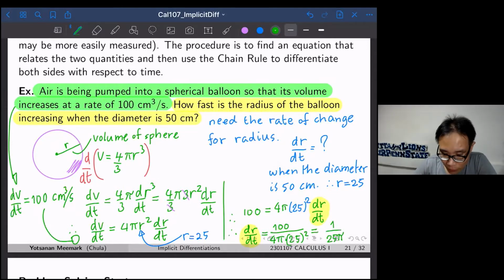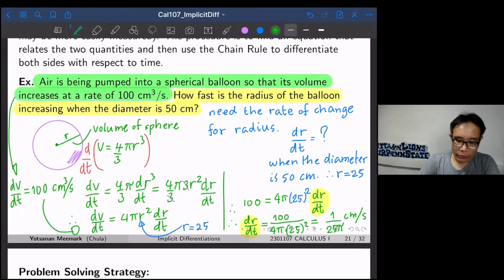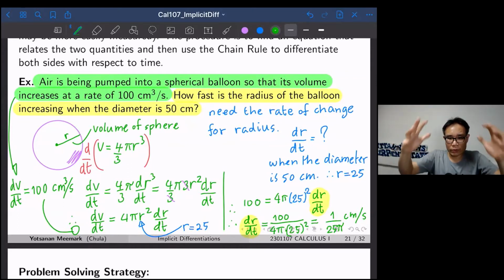And you will get 1 over 25 pi. Okay, so this one means that r is increasing at the rate of 1 over 25 pi centimeter per second. So it means that your balloon will increase, so the surface area or anything, it's going to be bigger, the radius will be bigger at the rate